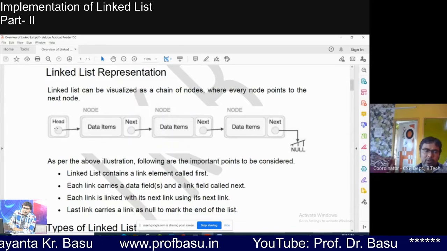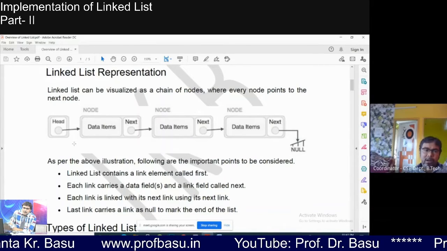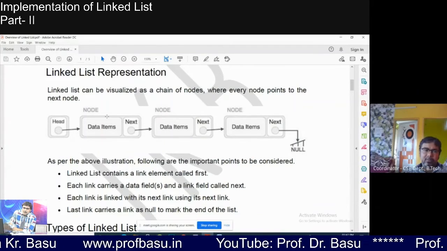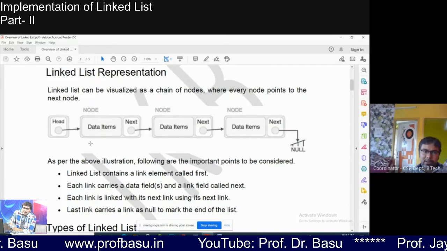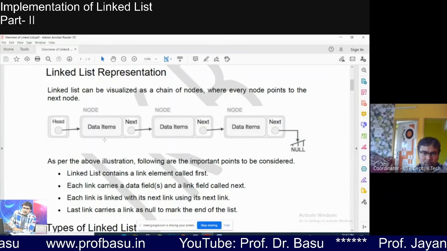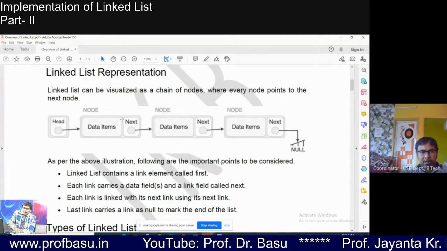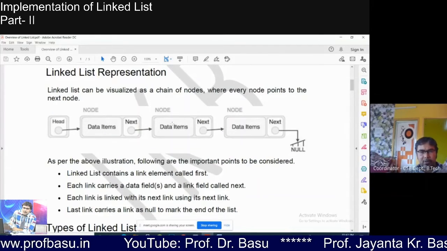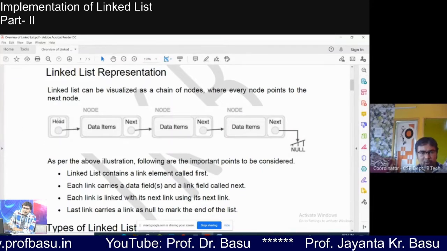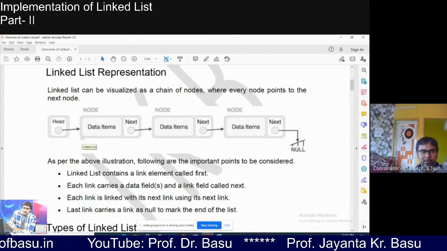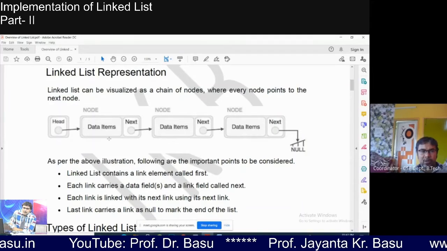Root contains the base address of the root node, and this is the root node. The root node, or first node, contains two components, data item and next item, like all other nodes, but root contains only the address, not the node as a whole.